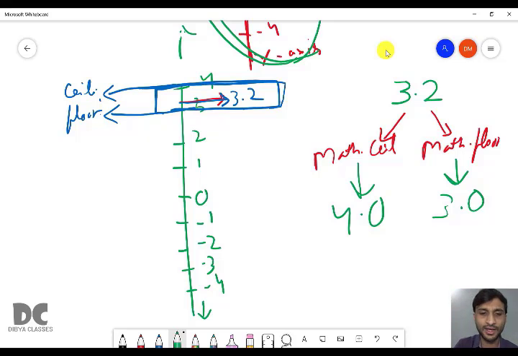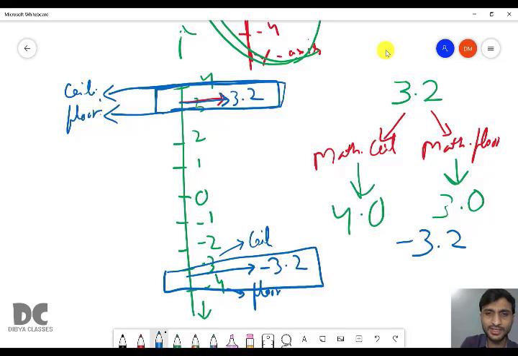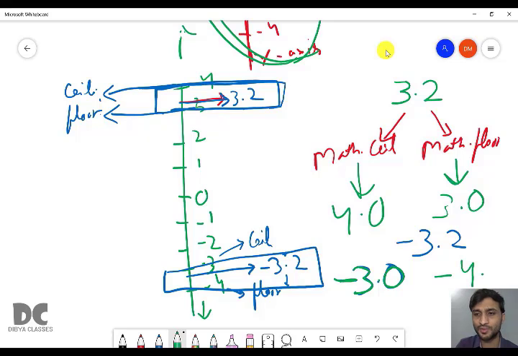Similarly, now if we have the value minus 3.2, it will be somewhere here. Keep that in a box where minus 3 is the ceiling and minus 4 is the floor. Ceiling is always the top of you. Floor is always below you. Top of minus 3.2 is the ceiling. Below minus 3.2 is the floor. So when you use Math.ceil, you will get the answer as minus 3.0. And when you use floor, you will get the answer as minus 4.0.